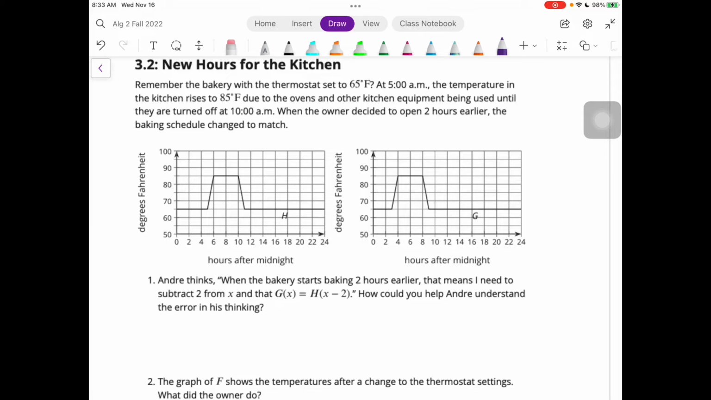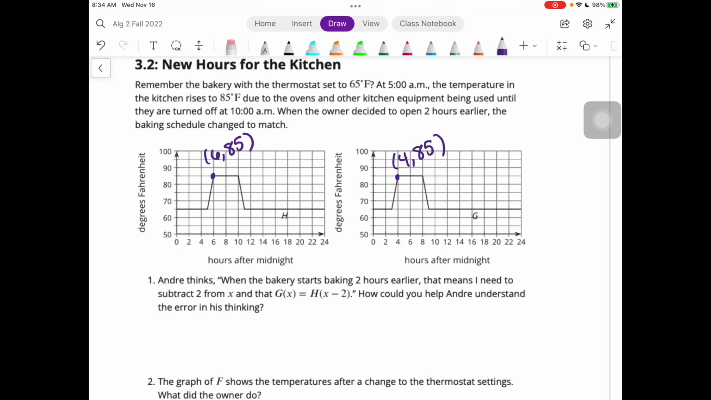So Andre thinks, okay, when the bakery starts baking 2 hours earlier, that means I need to subtract 2 from the H, and that G of X equals H of X minus 2. How could you help Andre understand his error in thinking? If we look at this, we could have Andre look at some specific points. For example, we have this point here that is 6, 85. And then we can look at our new graph, and that's